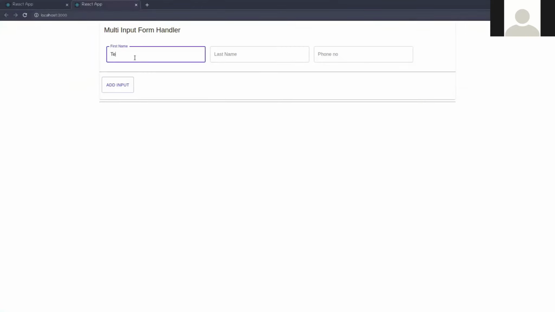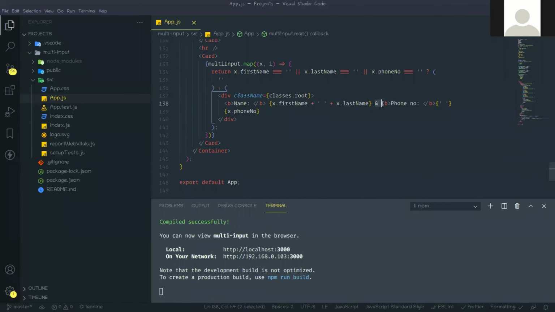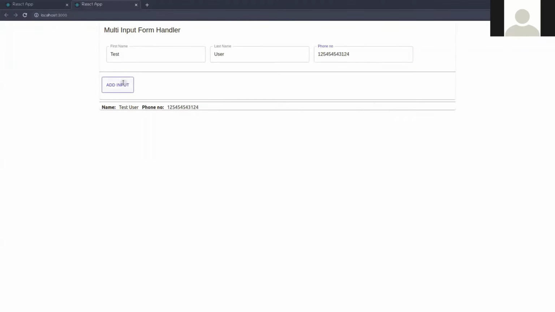Like test user. Now you can see it is working, right? Remove the ampersand. It will not look good. Okay. Next, create another.